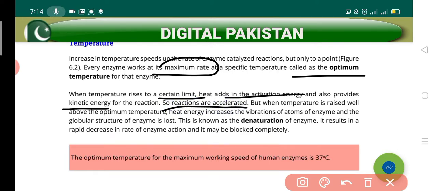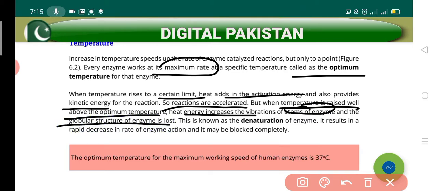But when you increase the temperature more than the optimum temperature, the energy will increase the vibration, and the atoms of the enzyme are going to strike each other, so the globular structure of the enzyme is lost, and this is known as denaturation of the enzyme. It will result in a rapid decrease in the rate of enzyme action because it completely blocks the enzyme. So you can say that the optimum temperature for the maximum enzymes which are present in the human body